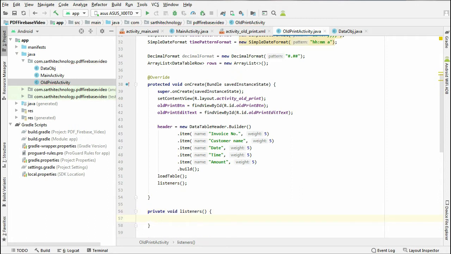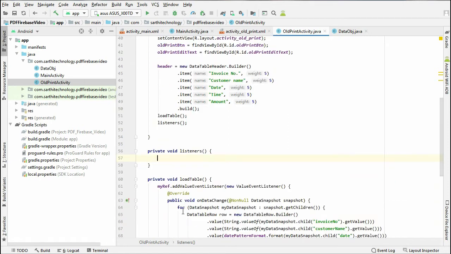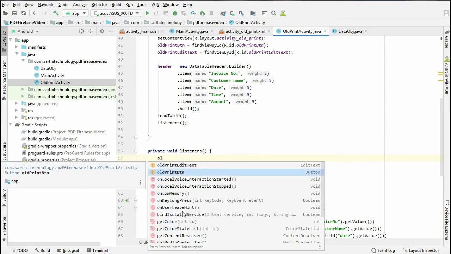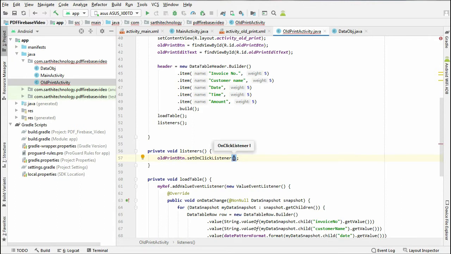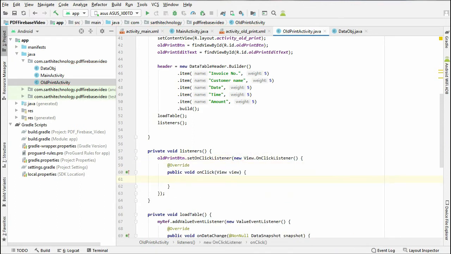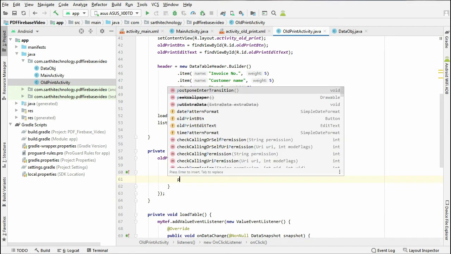In this method we will create a listener for this button. So oldPrintButton.setOnClickListener, new OnClickListener, and here we will call a method printPDF.